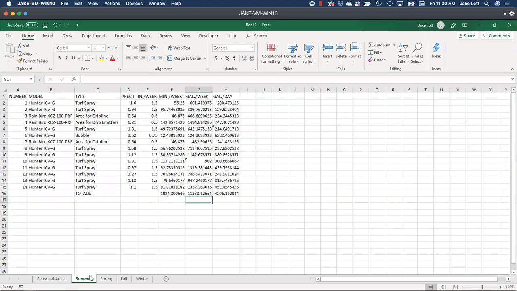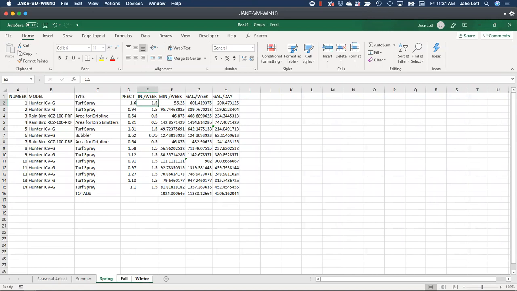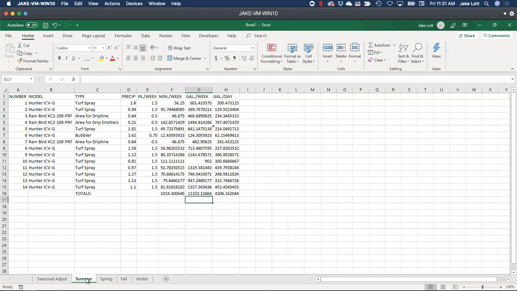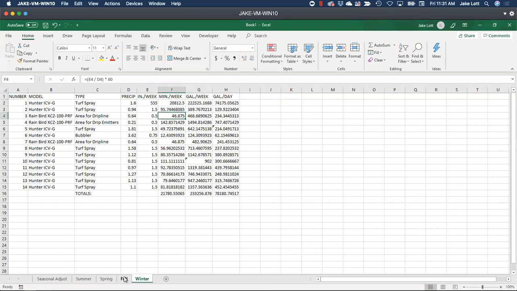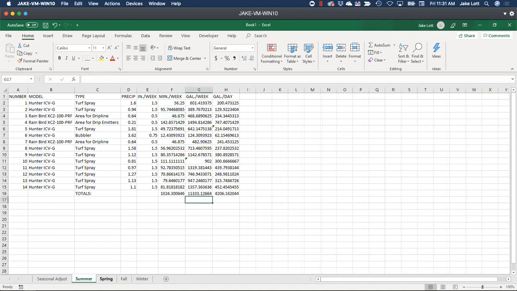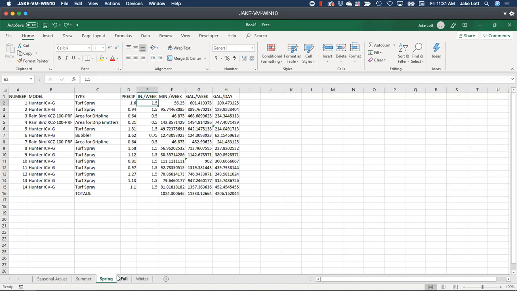So how do we do that? Here's another trick. If I select all these tabs, I can quickly manipulate data within any one of these cells, and that cell is going to be adjusted in every one of the tabs. So if it's as easy as saying I want this to say 555, just so we can see how it changes, and I go back to fall, go back to winter, every one of those have changed to match. But obviously I don't want that.